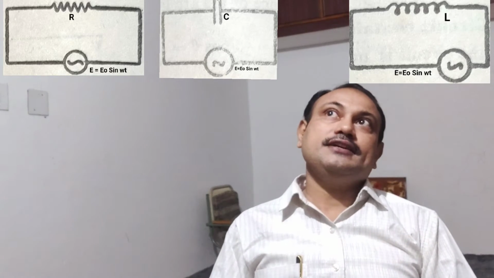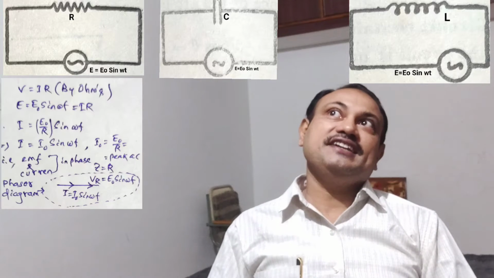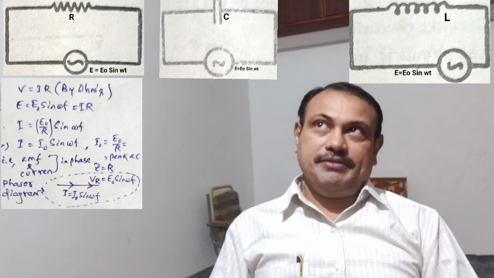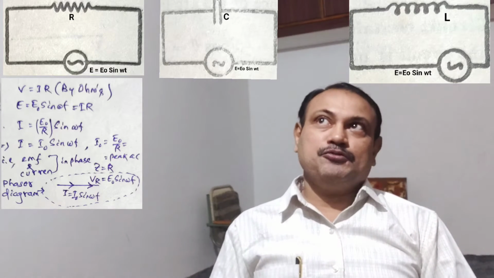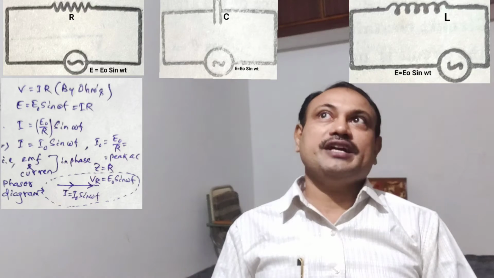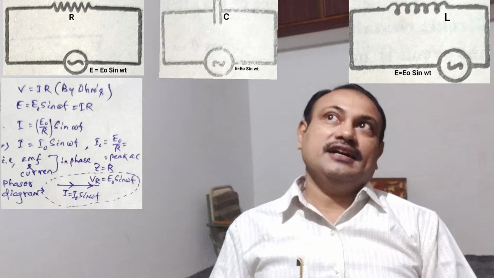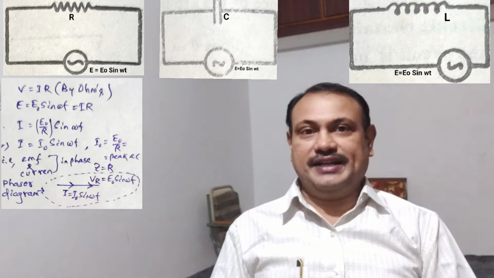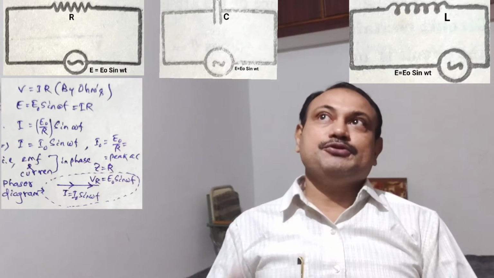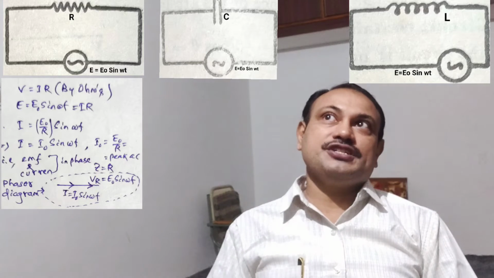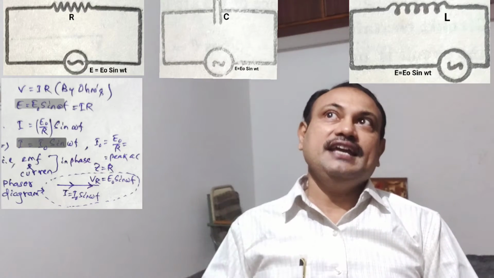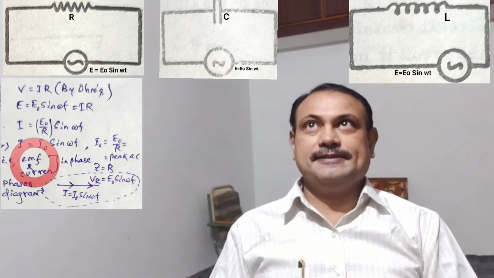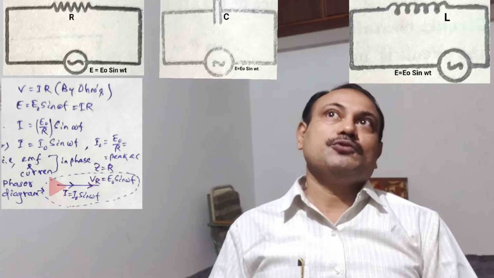Now, if you apply Ohm's law to the pure resistor, you can write V equal to IR, and V being here equal to EMF, that is E equal to IR. So, therefore, E you can write as E0 sin omega t, which is equal to IR, and that you can rearrange to write I equal to E0 by R times sin omega t. And here, if you see that EMF expression, which is equal to E0 sin omega t, and I is I0 sin omega t. So, therefore, EMF and current are in phase, and accordingly,